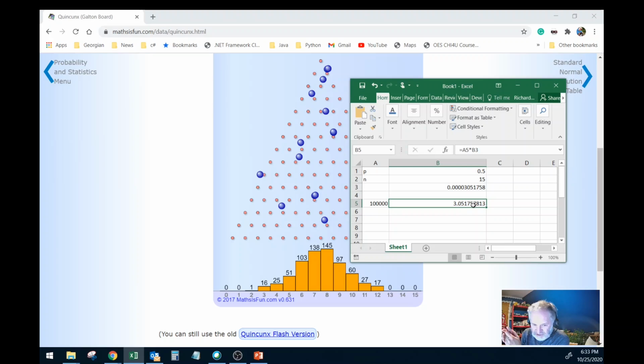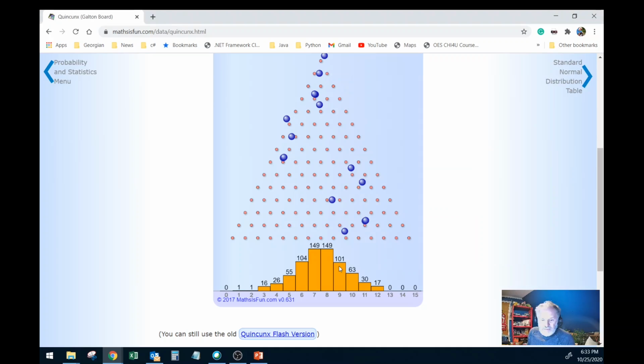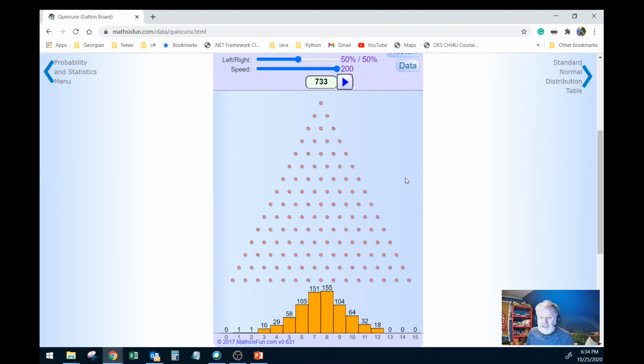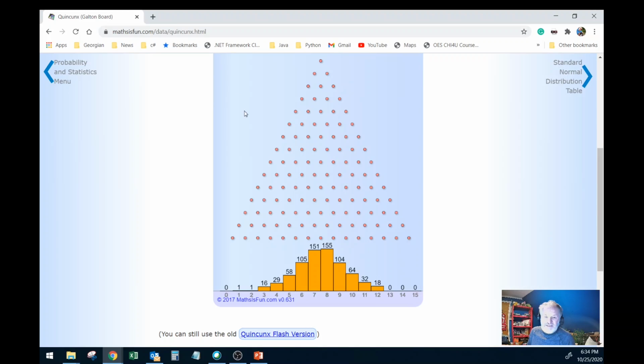And as I allow more marbles to drop, it becomes more and more normally distributed, which will take us back to the standard normal curve. We can see, even with probability where it's a 50-50 proposition, if I have enough events, in a sense, this would be like 15 rows of pegs, which would be a sample size of roughly 15, maybe like picking 15 jelly beans from that jar. The probability of, if it's 50-50,